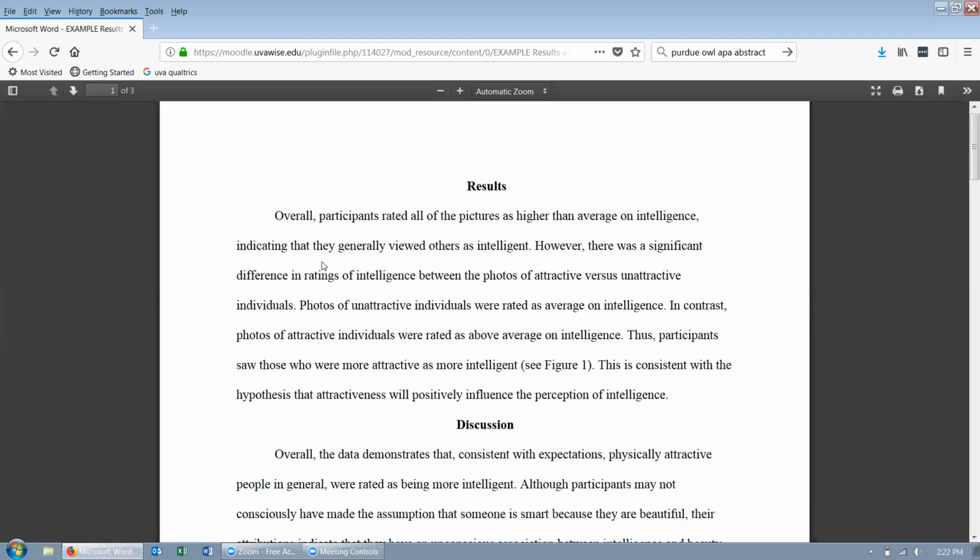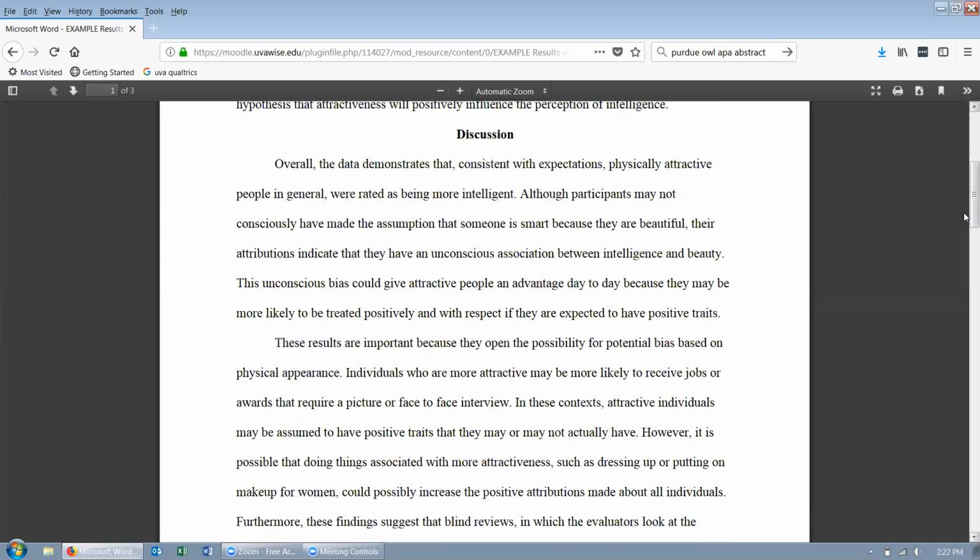Okay, the final section of your paper is the discussion. Often this seems like the easiest, but is actually the most challenging to write. The goal of the discussion section is really to think about the bigger picture and take a step back. So first, you want to think about possible explanations for the relationships you found. So when you're thinking about that, you've already said, yes, I found a relationship between my variables. You want to think about, okay, if we take this out of the context of the experiment into the real world, is there really a link between your two variables? Or is it possible it has something to do with the way you tested it?